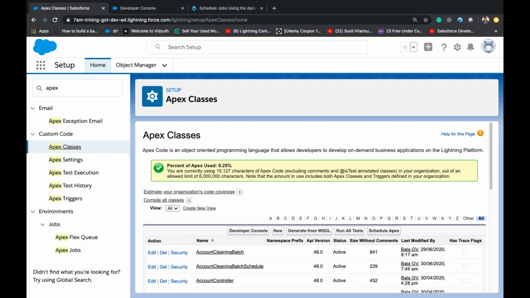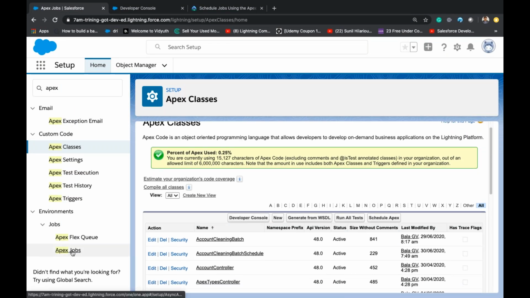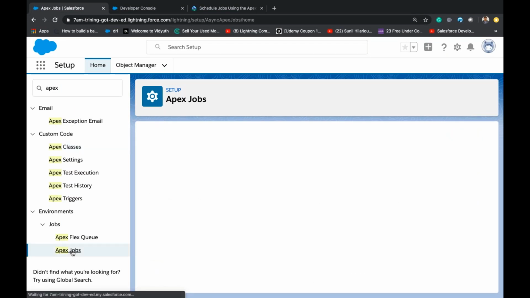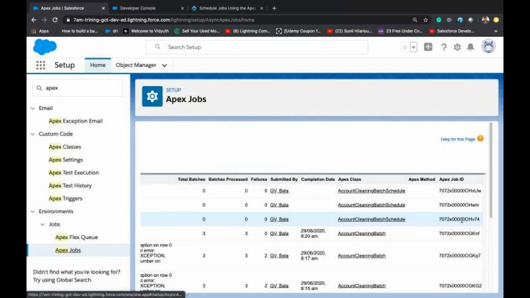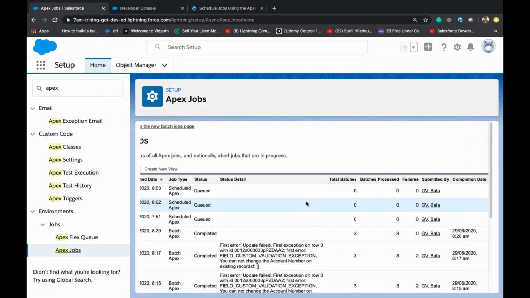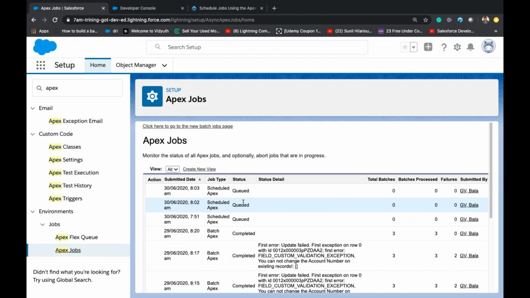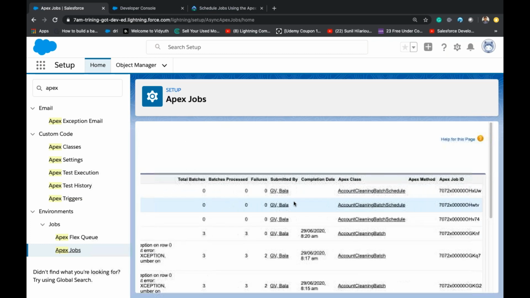So let's go back and check the Apex jobs. You can see here two more schedules are queued, right? This is the submitted date. We'll see the completed date when it is completed.